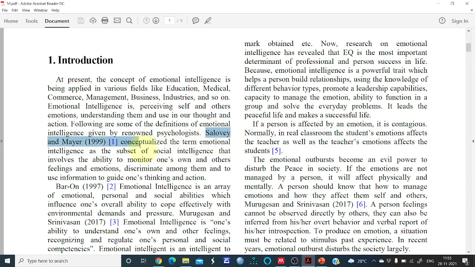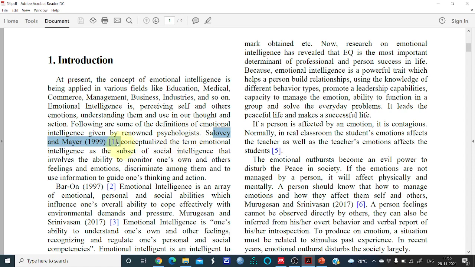There are many components of articles like introduction, background of the study, methodology, discussion, findings, etc. Everywhere we may cite some authors' references. So if you write in between the paragraphs, you will give the author's name like this, and this we call citation. And Salovey and Mayer 1999 conceptualized the term emotional intelligence, so like that we will tell.